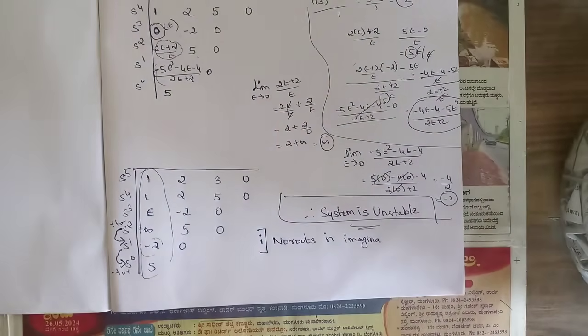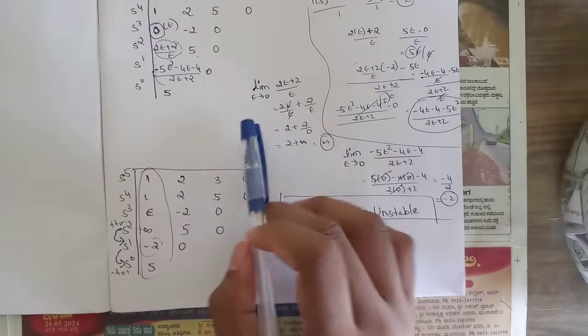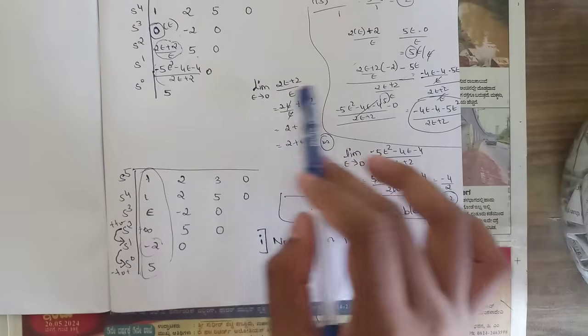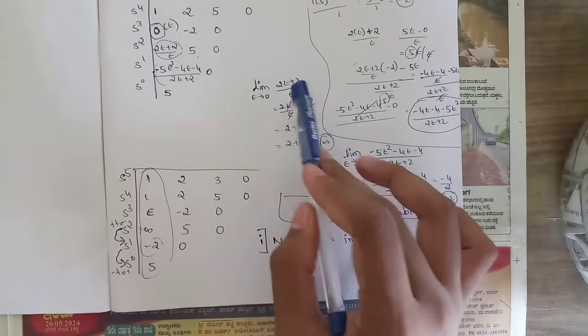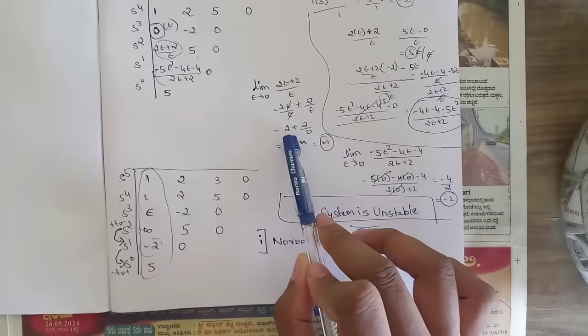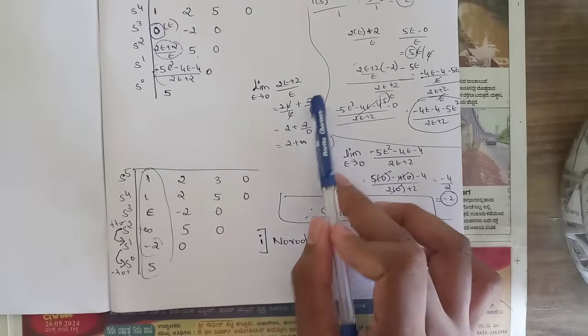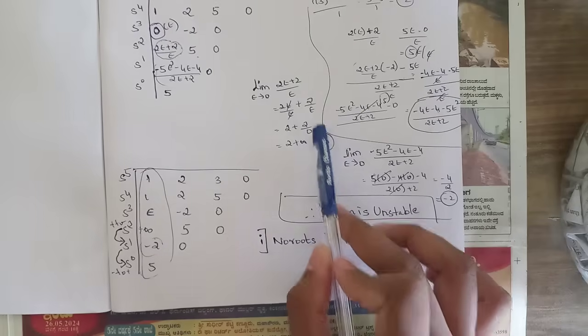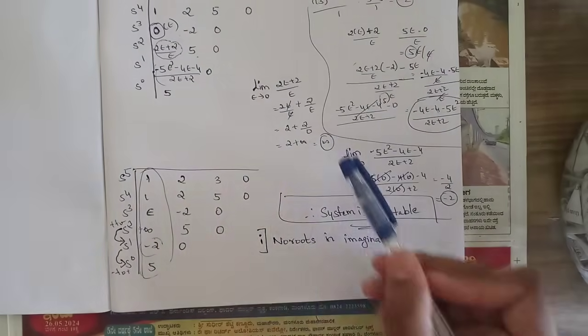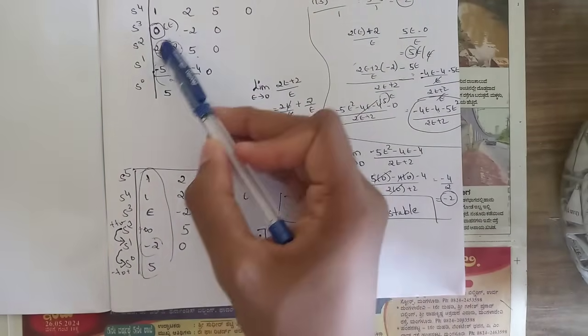So now I will again summarize what all I have done. Okay, so here I have taken this term, so applying all the limits one by one, what we will be getting, split this 2 epsilon by epsilon plus 2 by epsilon, cancel epsilon, so you will be remaining only with 2, then apply the limits, that is epsilon tending to 0, so 2 by 0 is infinity, so 2 plus infinity, we know that infinity plus any number is infinity only, so here I have replaced this term by infinity,